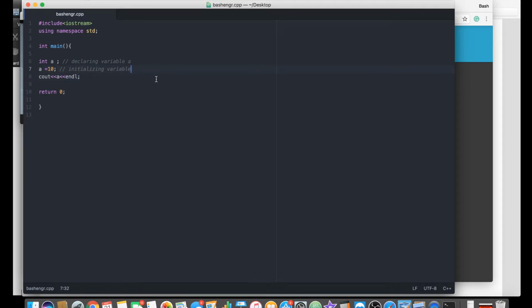Now I can create another variable like this, comma b. So I'm creating two variables over here, a and b. B is equal to 20. Now let me print b. And a is equal to, and then b is equal to,